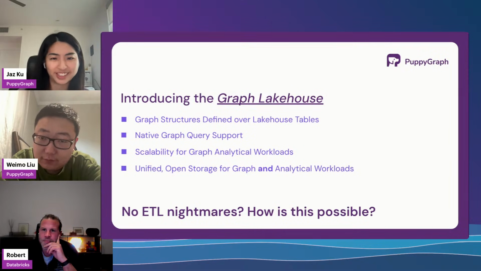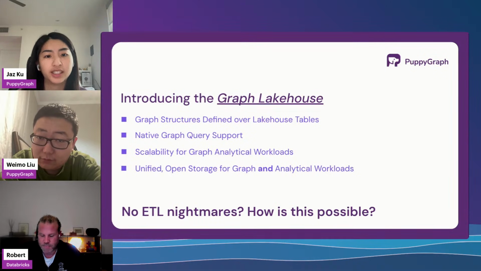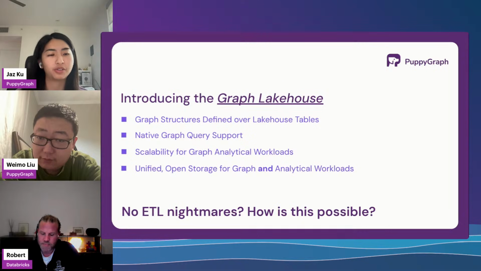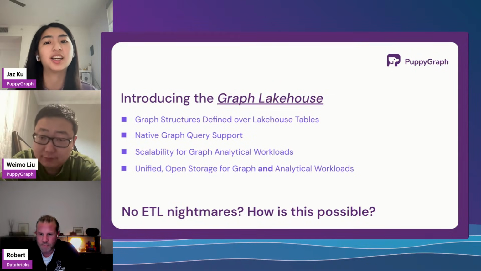And I make it sound really easy, right? We're like, oh, we just put a graph engine on top of your lakehouse. But the thing is that maintaining performance at scale is really something you have to consider because we're saying we want to traverse these tables efficiently as if we had a graph. And so that's when the components that make up your graph lakehouse are actually very important. And that's why I'll also go over some design decisions in Delta Lake and PuppyGraph that lend themselves to this efficient architecture.